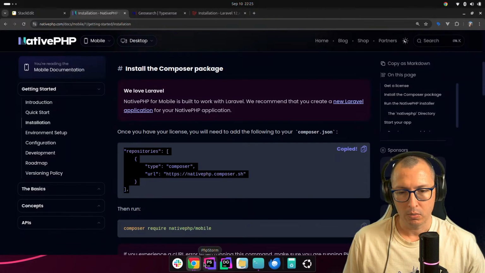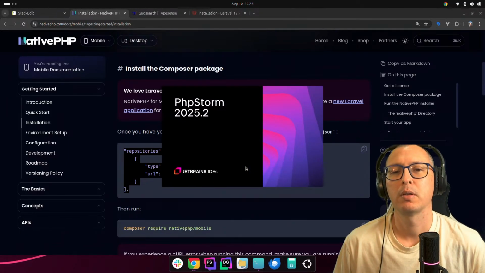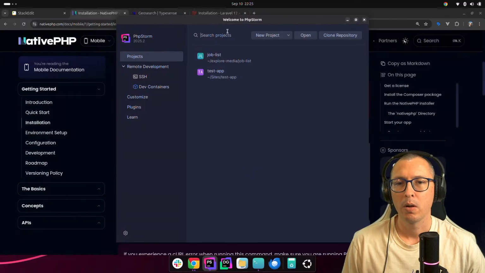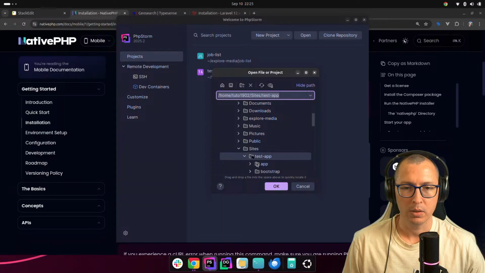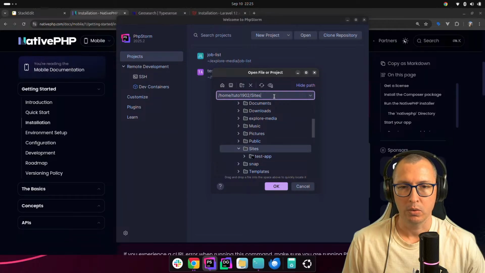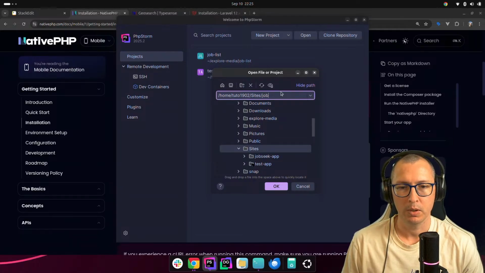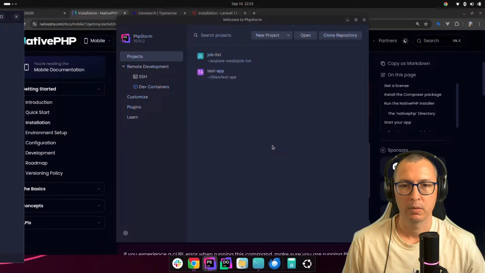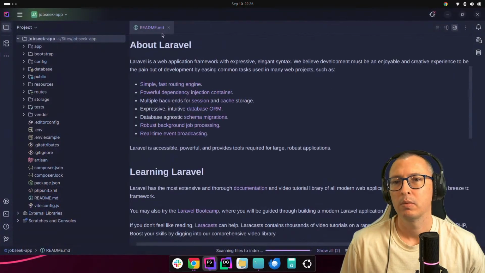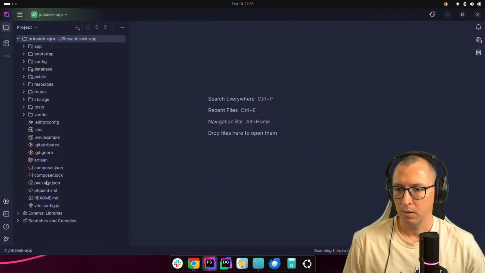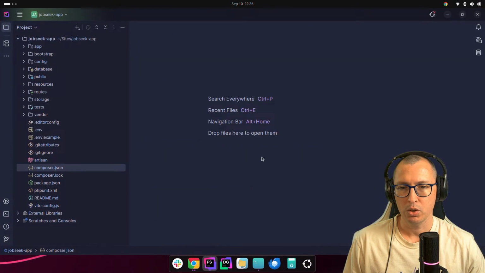Copy that. Let's open PhpStorm. Let's open a project, which is Insights. The jobseek app, there it is. Then let's open composer.json.